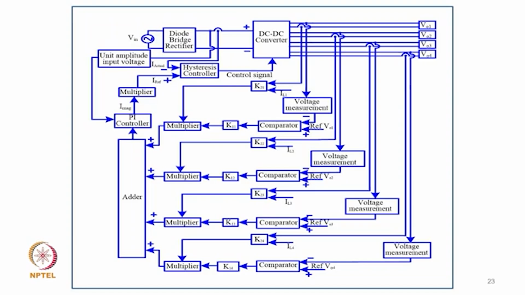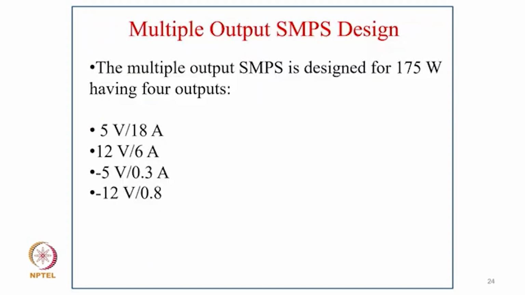So one way is that you take only one output; another way is that you take the weighted sum of all the outputs so that all are regulated. So you can see how this control is modified so that you get a little more precise control of output voltage for the different outputs, because maybe all DC voltages are supplied for different parts. So this is the internal building block for such a modification of the switch mode power supply control.